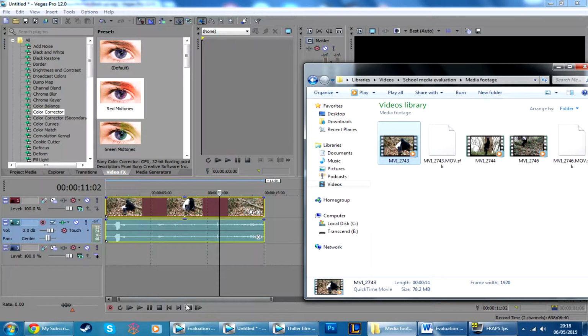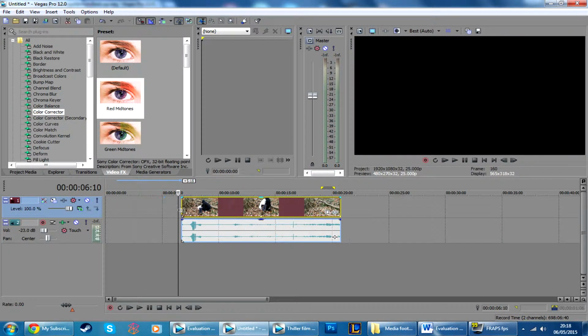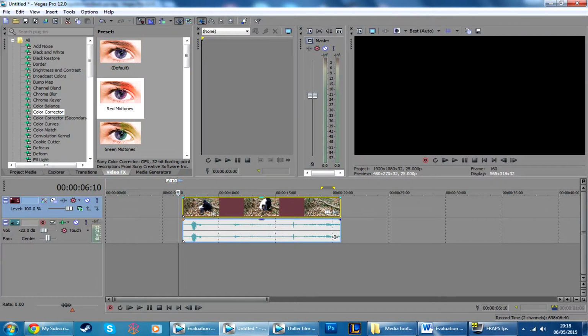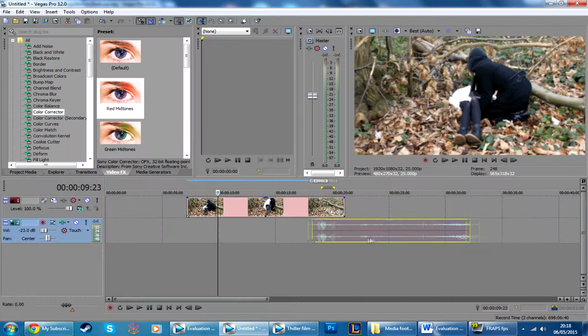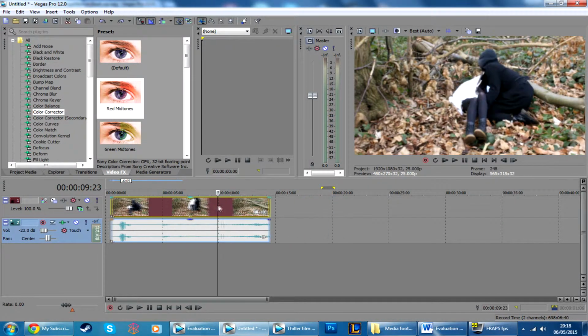The cutting, so if I quickly delete these and I pull in this, if I just delete that track down there, the way I cut these up is that because the video and the audio come together, it will always be together, unless I select the audio and press U, in which case I can now remove the audio. However, it will show up red to show that the audio doesn't fit with the video. So if I undo all of that to make it one video again,